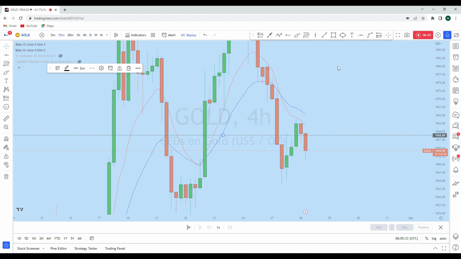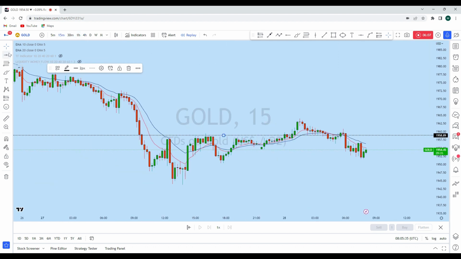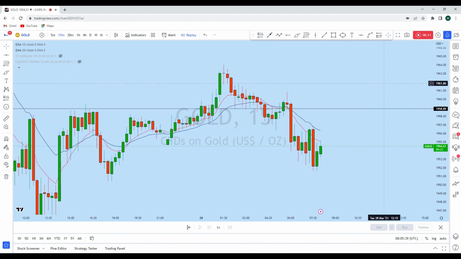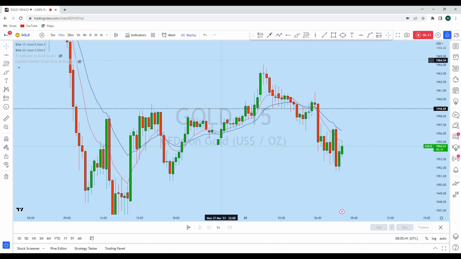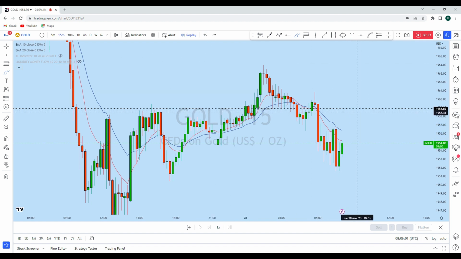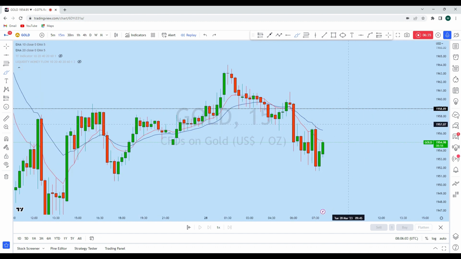So if we drop to even the 15 minutes chart to see a suitable entry for a tighter stop loss, this is what I will be waiting for on gold. Now, as you can see, it has initiated a downtrending market structure with a 15 minutes head and shoulders. The price has broken down, grabbed liquidity, and cleared an impulse correction. I'll be waiting for a deeper pullback, probably along this zone to grab liquidity, as this is the level that on the 4 hour we see as the opening and closing zone,